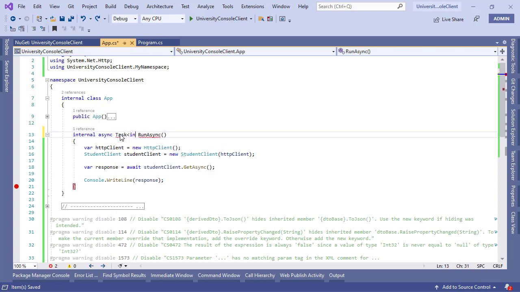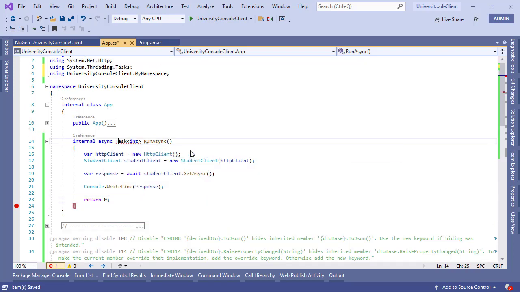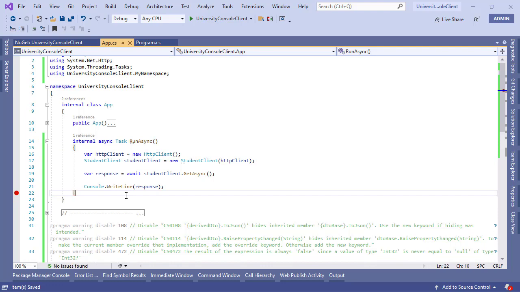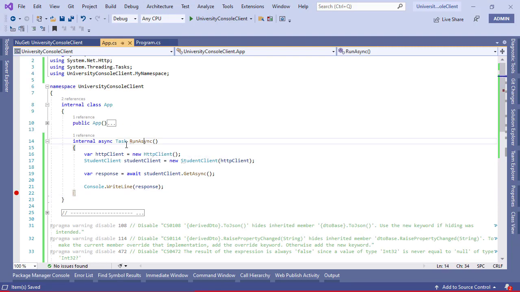I have to change this to task of integer, and let me just return 0. Probably that was not needed. I was missing a reference. Sorry about that. And yeah, I can leave the await keyword here. So the run function, probably that is not going to exit the application,